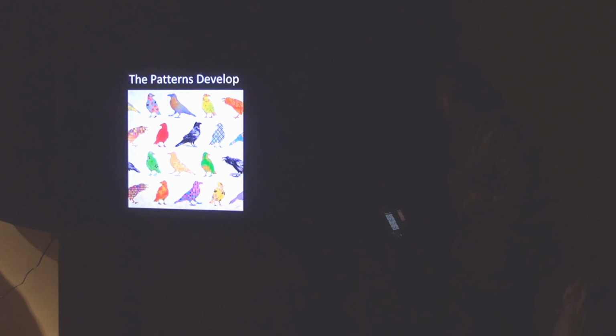So the pattern series then starts to develop in a different direction. This piece is called The Usual Suspects from a few years ago. And the idea was, I started thinking, well, I've got all these paintings where there's an animal and it's kind of on display in front of a mass-produced image of itself. What if the animal itself actually gets lost in the pattern? So that was the idea behind this painting.